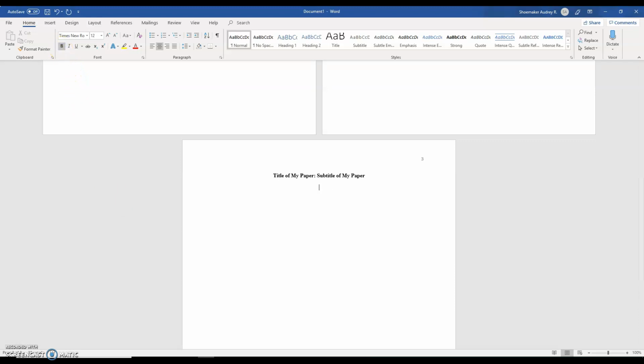Unbold, enter, left align, and the first paragraph of my paper will start right here. Additionally, it will be indented, unlike our abstract page. So, hit tab. This is the first sentence of my paper. All right, we're going to come back to this in just a few minutes, but what we're going to do